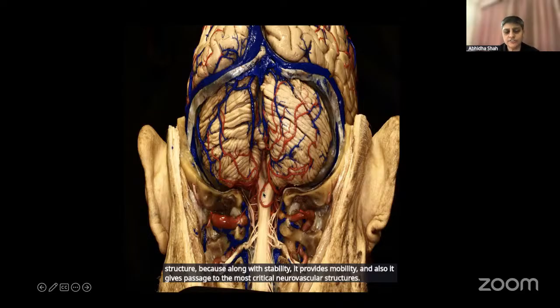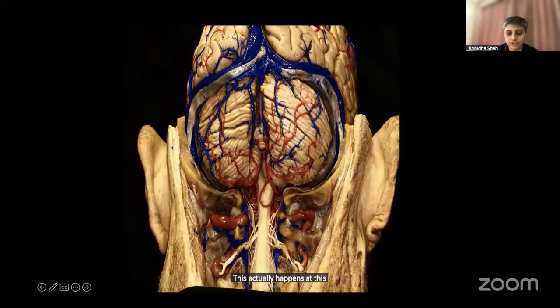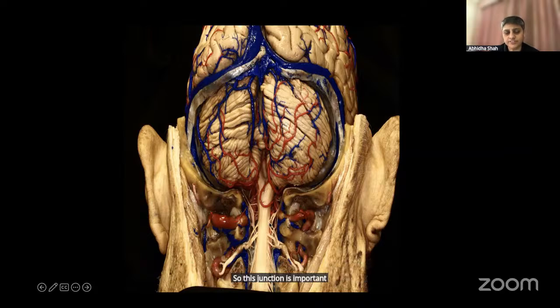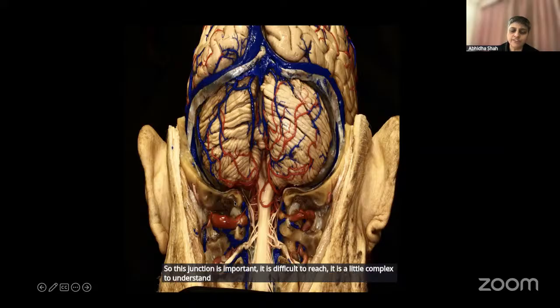It is the transition zone where the medulla becomes the spinal cord. This actually happens at the C1 level. You can see the rootlet of C1, and this is where the medulla becomes the spinal cord, just at the level of the foramen magnum. So this junction is important. It is difficult to reach. It is a little complex to understand, but once the anatomy is understood, it is a very beautiful region to